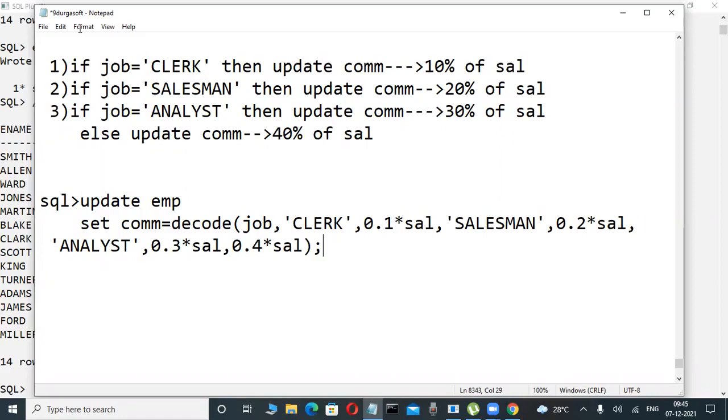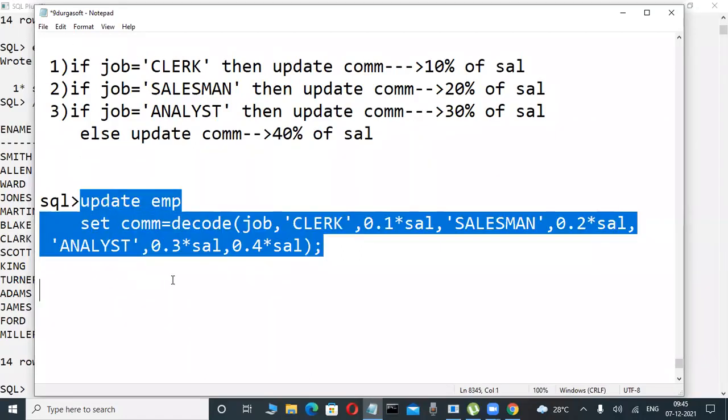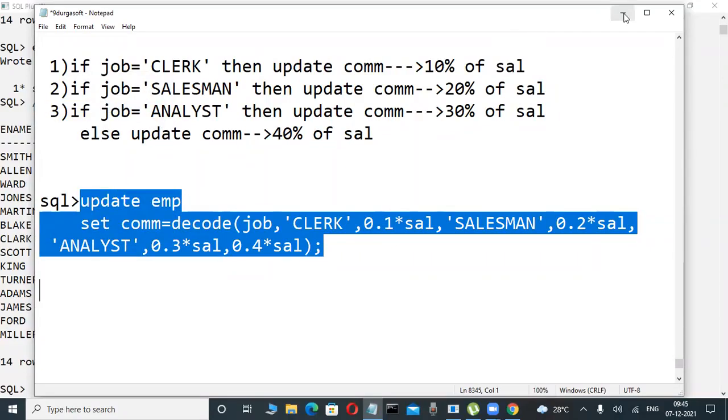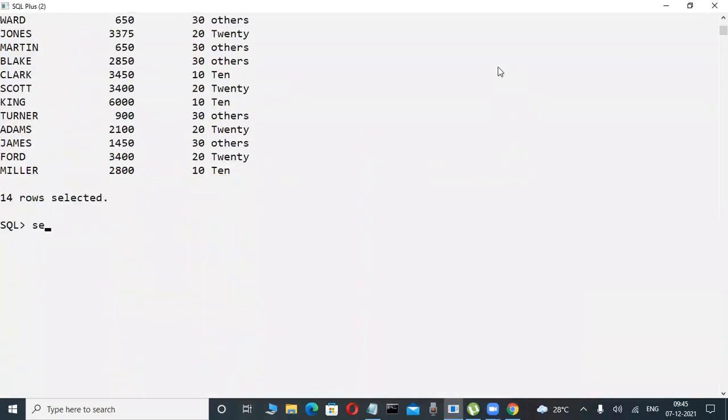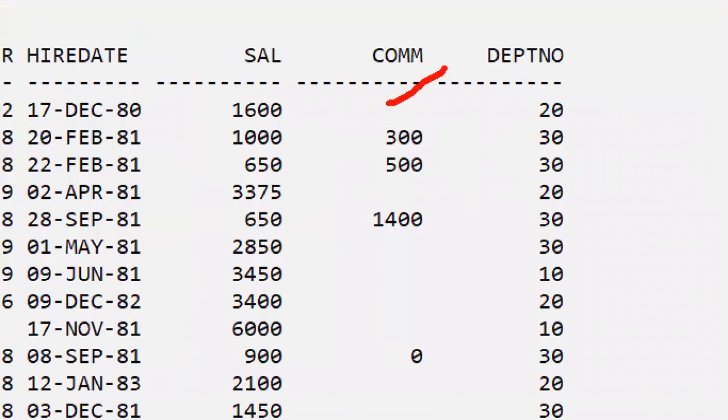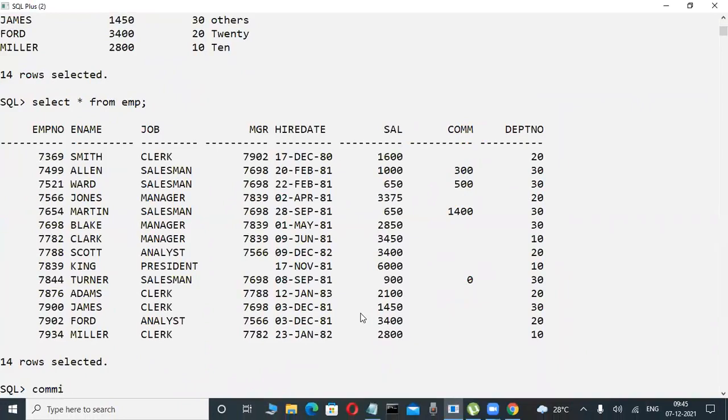Same like normal functions, we can also use DECODE in a select statement, we can also use it in an order by clause, we can also use one function with another function. So many things are there. But if you use the if then else if construct correctly, nothing else is needed. Copy this one. I try to execute here and now check it out. This table is there. Select star from EMP is a table. In this table, I want to update values based on the conditions.